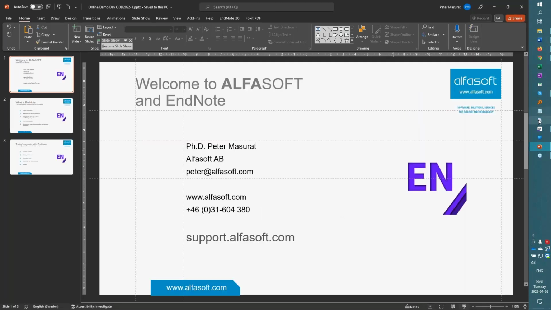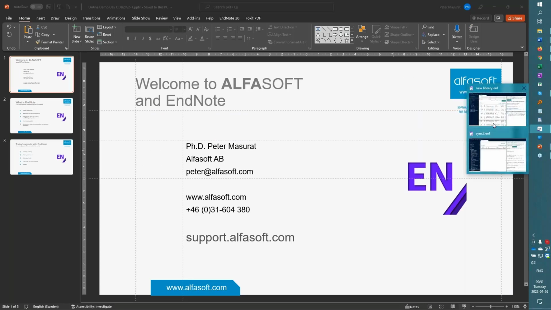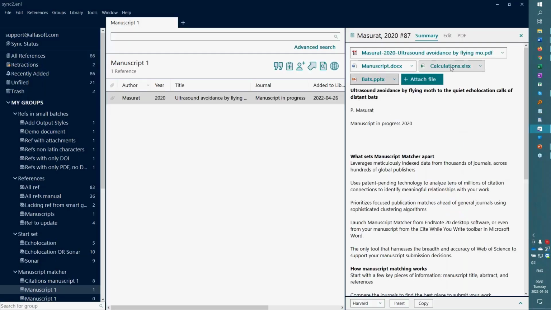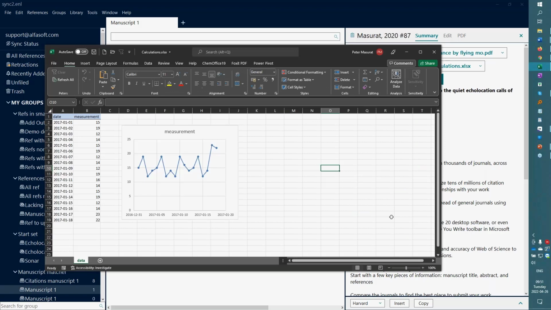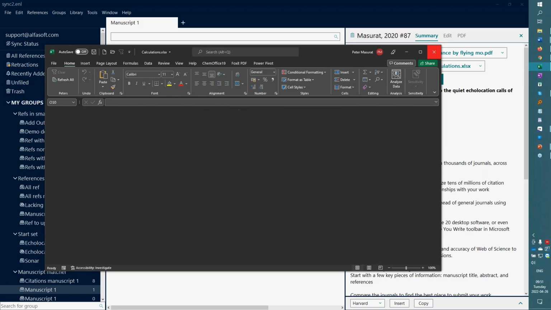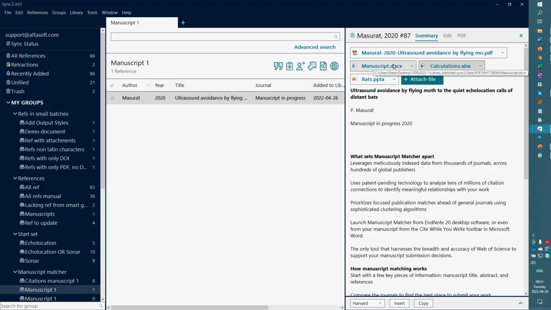Or I can, in this case, let me see if I can find it again. Here I have my Excel calculations with all my graphs that I'm going to use, and those I can also open straight from EndNote. All these files are saved within my EndNote library. But what I'm going to show you now is I'm going to open this Word document, which is my